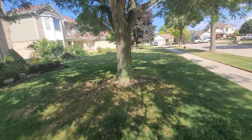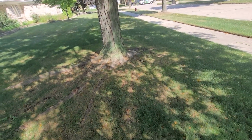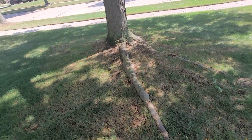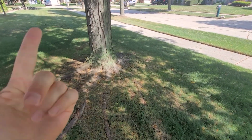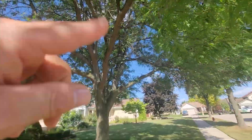To grind this stump, $600. Not just to grind the stump, to grind this whole berm out, which means you got to call Miss Dig and flag for utilities. All these adjacent and critical roots coming out right here. Get rid of this whole berm. Then another $600 to remove the grinds and come and put fresh topsoil, grass seed, fertilizer, peat moss, and hay. So now they're back to grass. $4,200 for that. Now, I'm sick and tired of quoting trees, especially locust trees, because the customers always go, oh